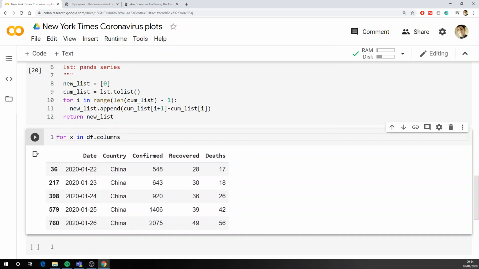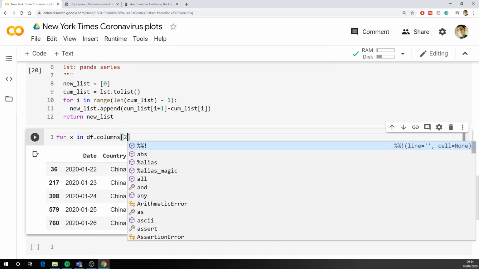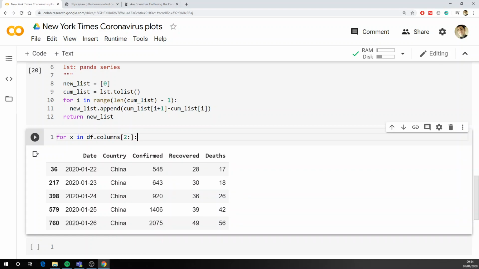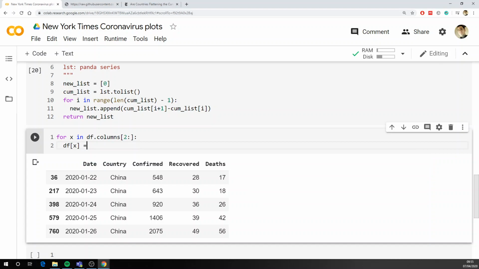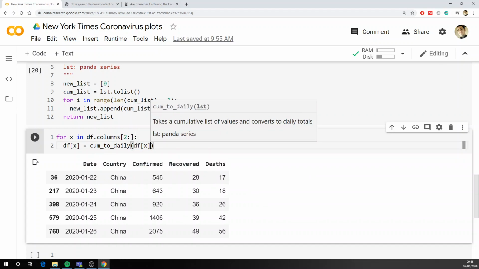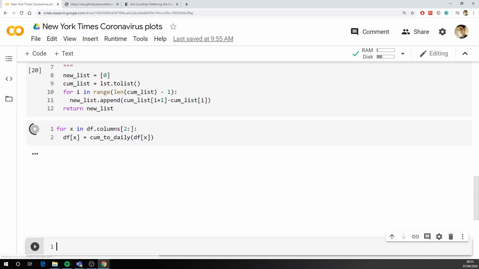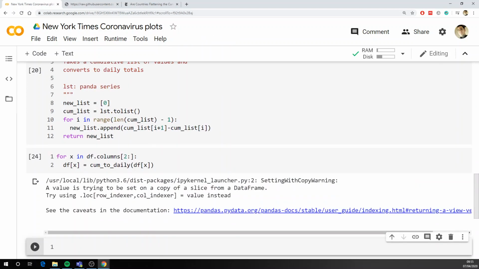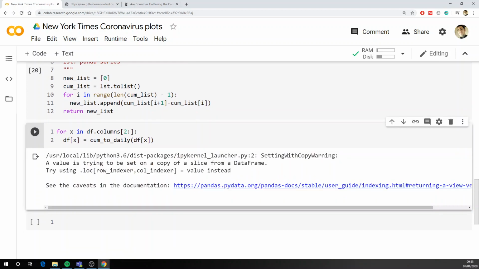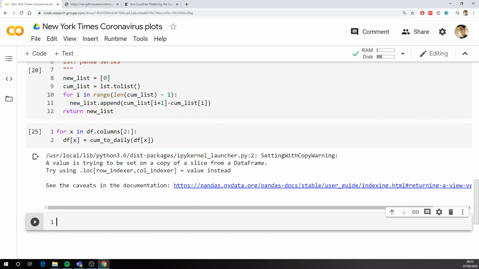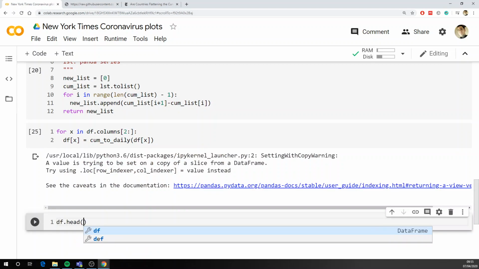So for x in df columns in the range 2 onwards, I want to replace that column with my new daily total. Okay, so I'm going to put that in there as well. I'm going to run that, and what you should see, I keep getting these. Can I get rid of that? No, it's going to do it anyway. Oh well. If I look at df head now,